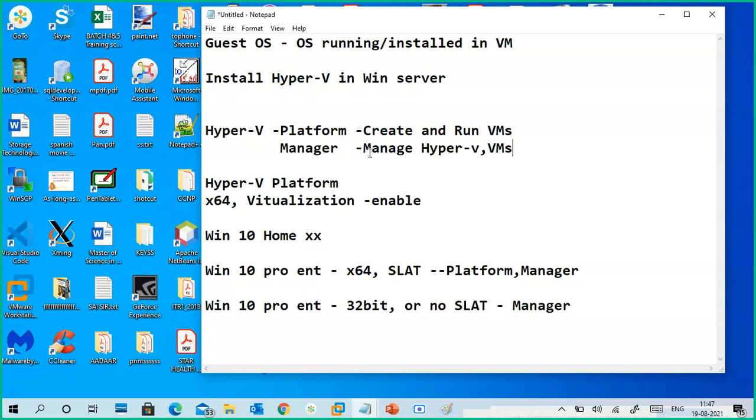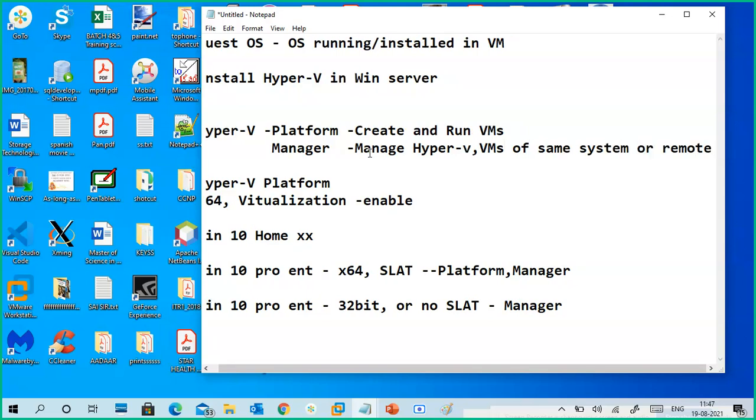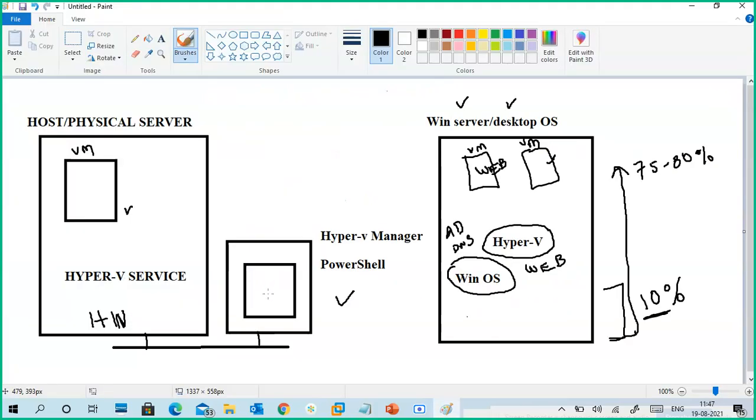We can manage the same PC, the same system, or remote. What is this? As I said in the earlier diagram, we can access remotely. So this Hyper-V Manager is used to connect.